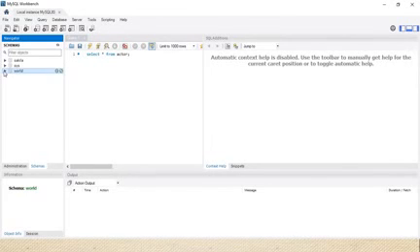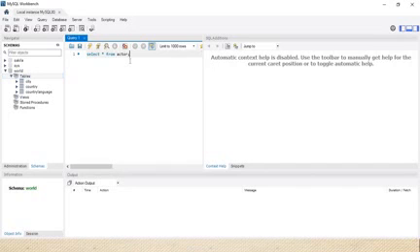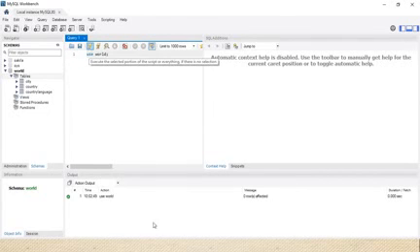In that a certain amount of tables also are available. See, when we click on the tables, we get the list of tables. Okay, in that city table is there, country is there, and country language. See, if you want to use that, so I will give some demo. So for that, I will use the database called world. Now world is selected.